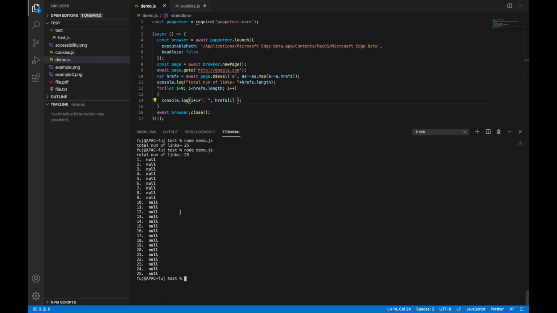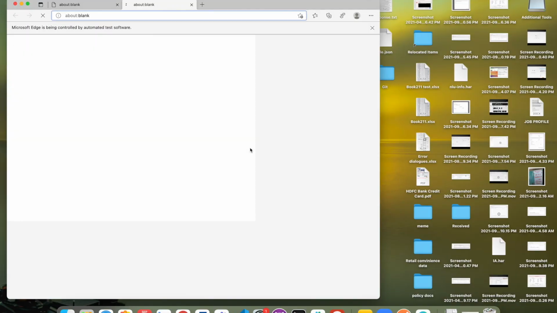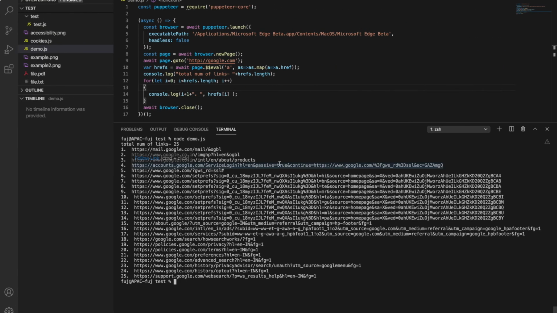So we are getting all null links, but we are getting 25 links. Why are we getting null links? We have to check. We made a mistake here. Our syntax is actually correct, but in href we can't use s, right? It should be a dot href, not s. That was an autocorrect mistake. So now this should work. I thought it was because of Microsoft Edge or something, but no.